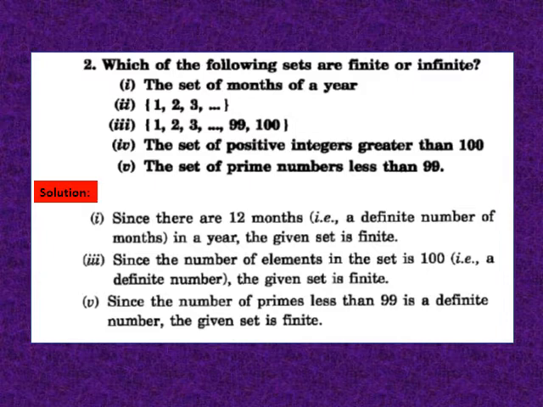Okay, now we have solved the second part, that is 1, 2, 3, and so on. So we don't know how many numbers are there. 1, 2, 3, 4, 5, 600, 500, million, billion, trillion, whatever is there. So we are not aware of that. So this will be an example of infinite set. Okay. So if I am clear, then pause and solve the other parts of the sums.